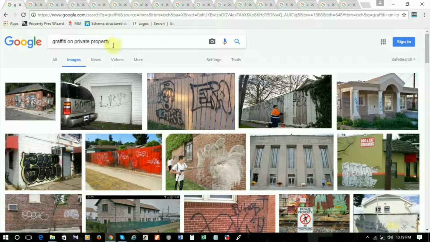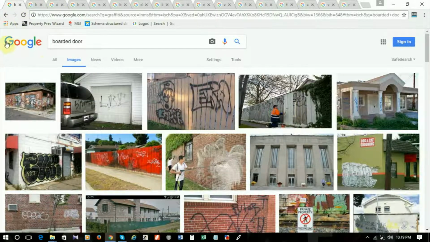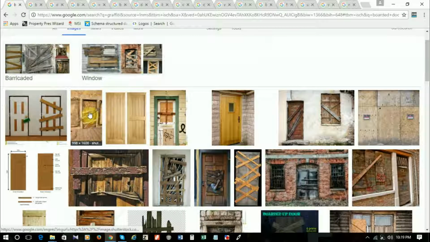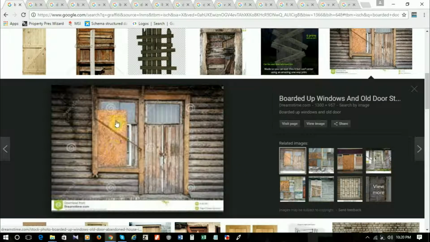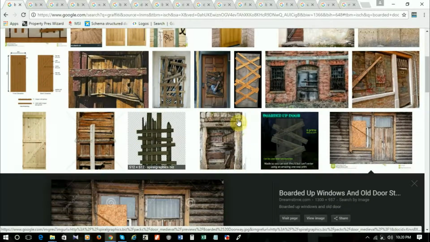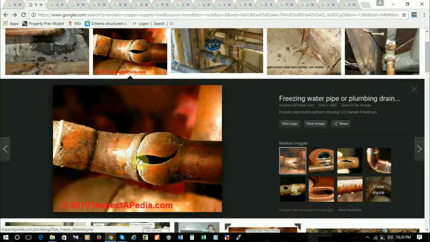Going back on boarded doors. So boarded windows, or if doors are boarded, such as this, can be signs that the property was vandalized. Another type of vandalism that